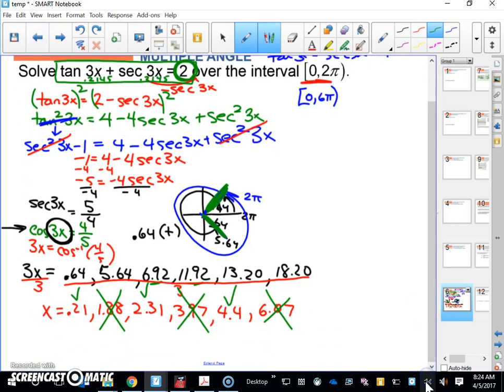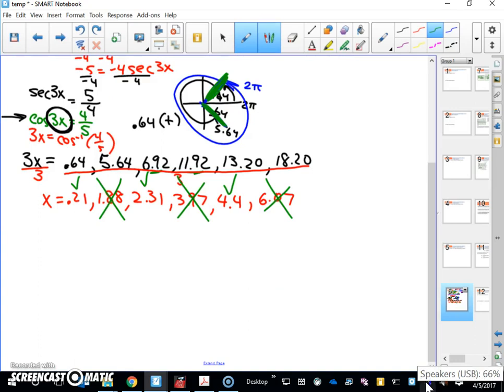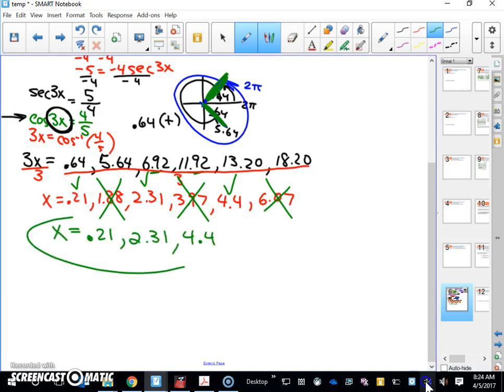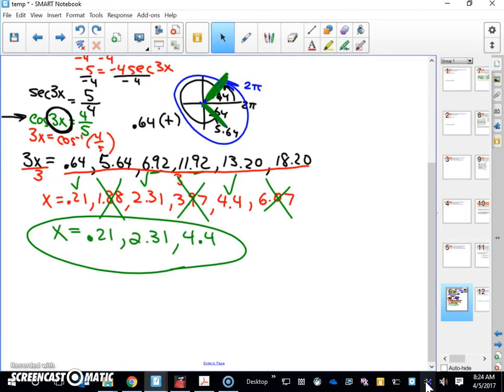And so you have to do that. When you square both sides, you have to do that and figure out which ones don't actually work. We found that those 3 do. And there's your